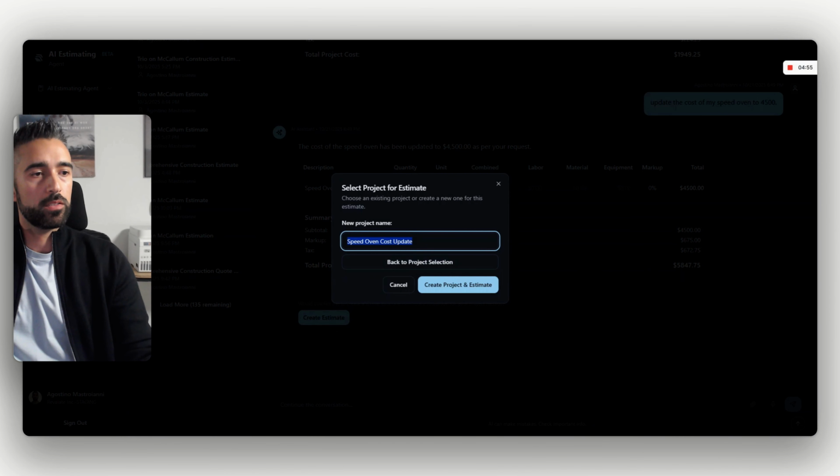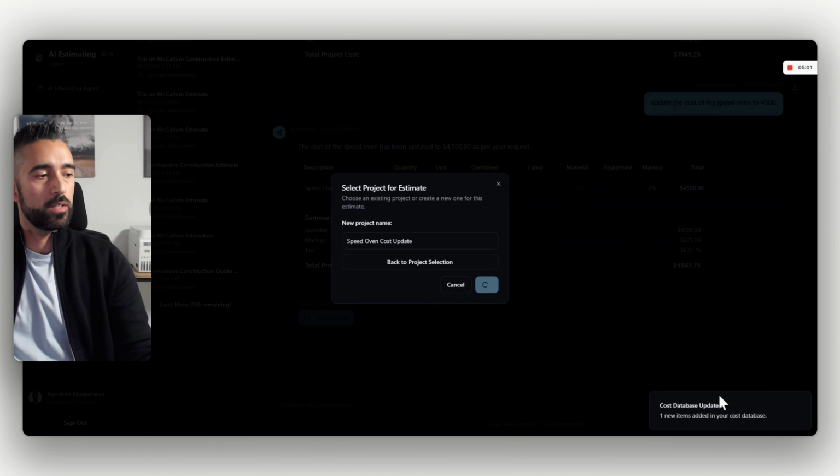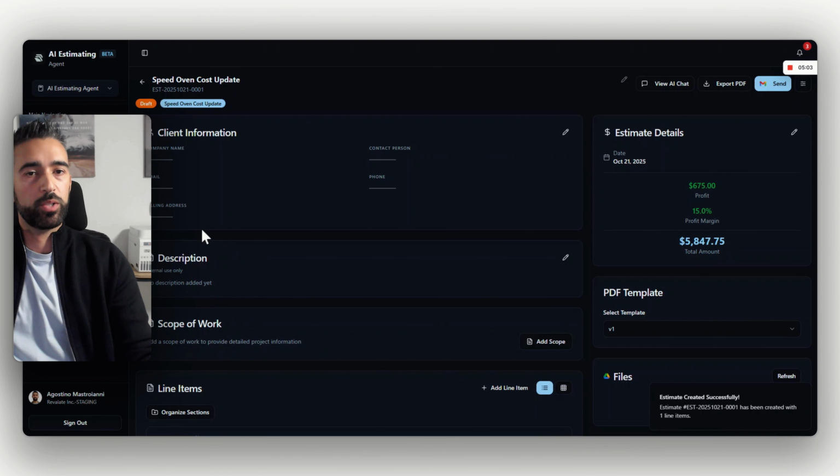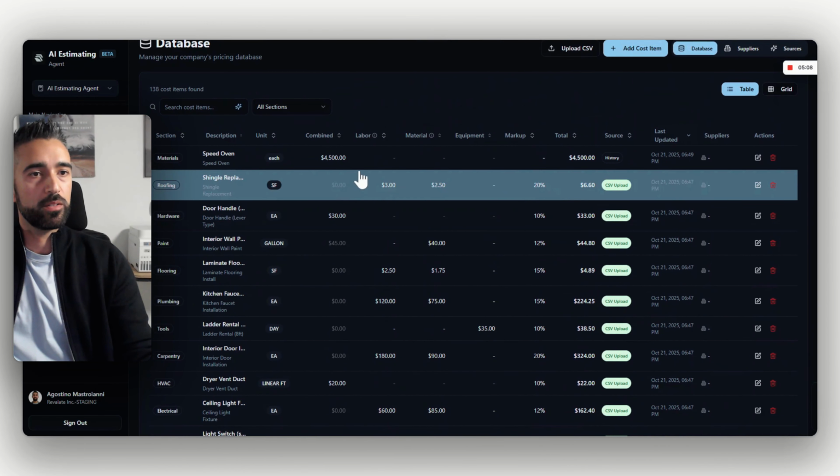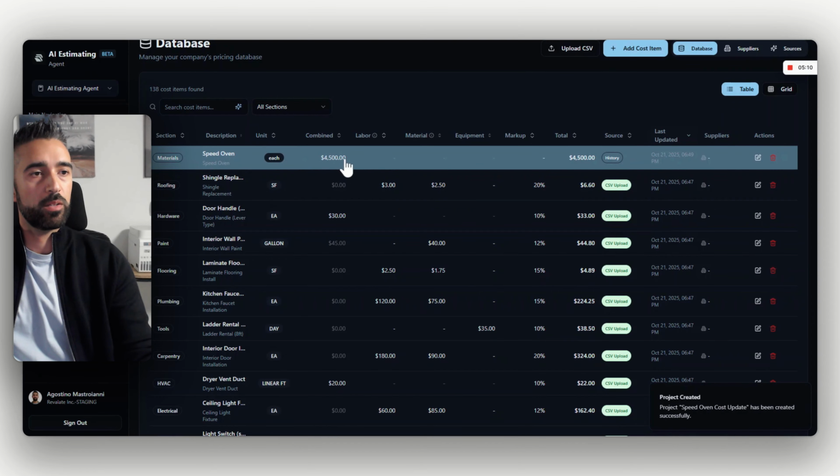I'm going to go click create estimate, and you'll see a little notification in the bottom right corner. There we go. It updated. That was pretty quick. But you can see from here, we have our speed oven, and it's updated it to